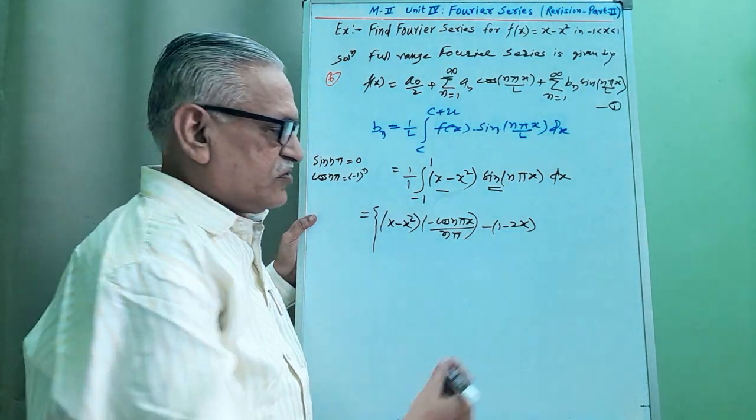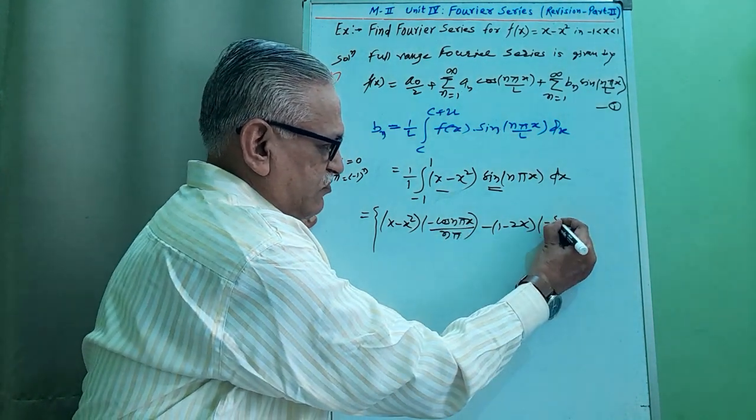Next, integration of cos with this minus sign, therefore minus sine